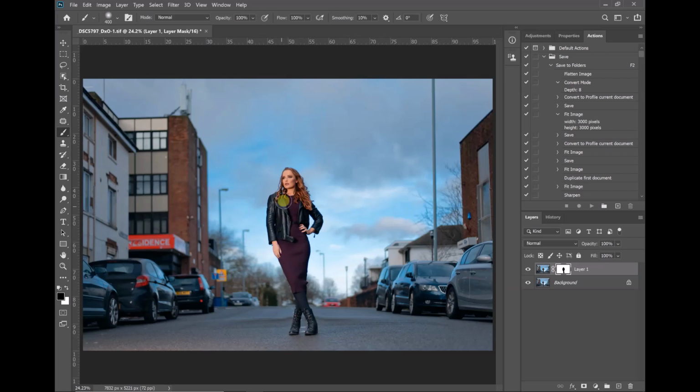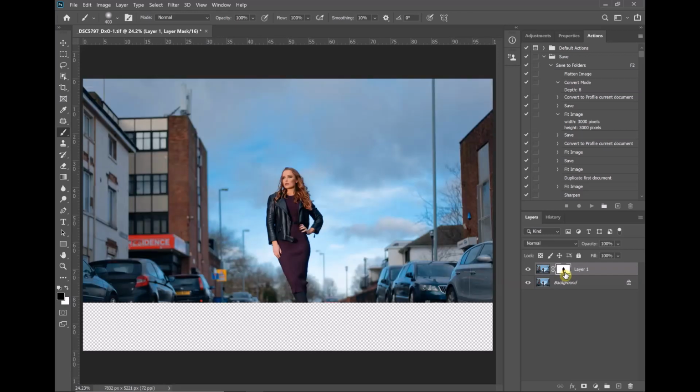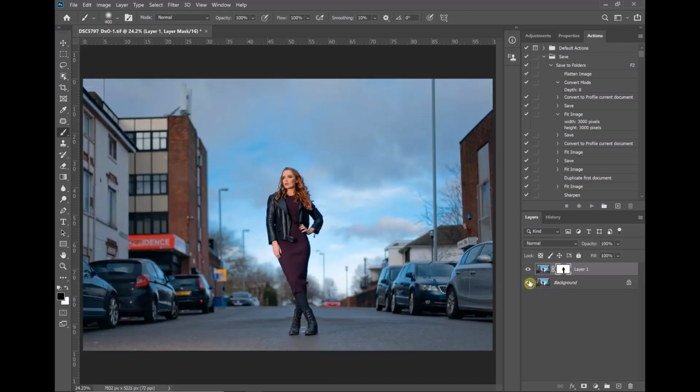So you see how quick that is to do. We've just brought back the Carrie from underneath. That's the mask. If I hold Alt down and click on the mask, you can see where you painted. Black is revealing what's underneath that layer, and that's what we've created. Okay, I'm going to squish those two layers together, and now I'm going to start thinking